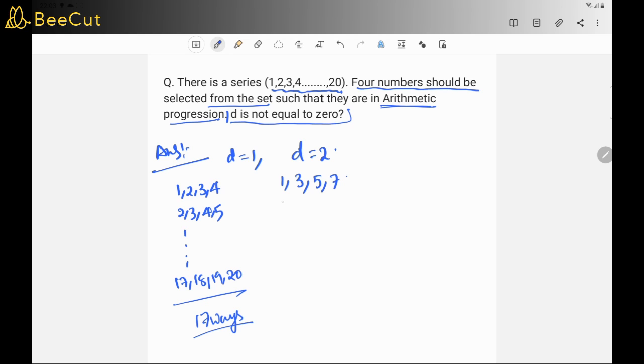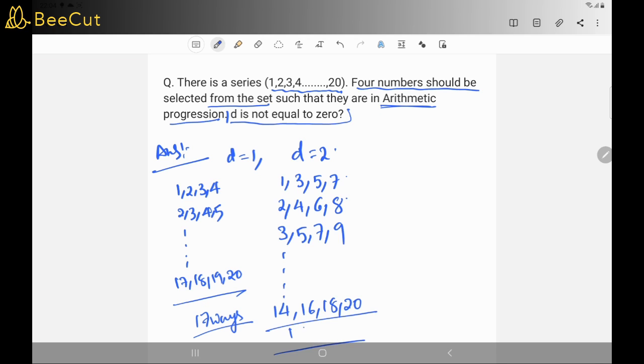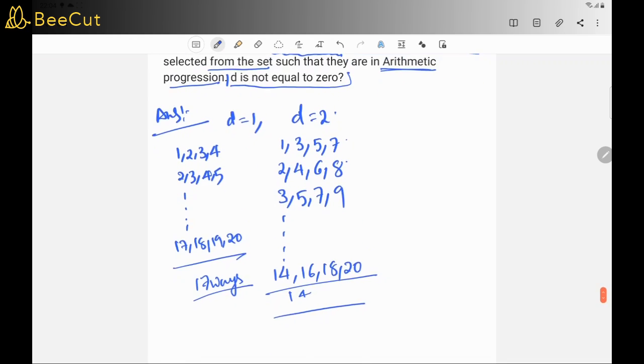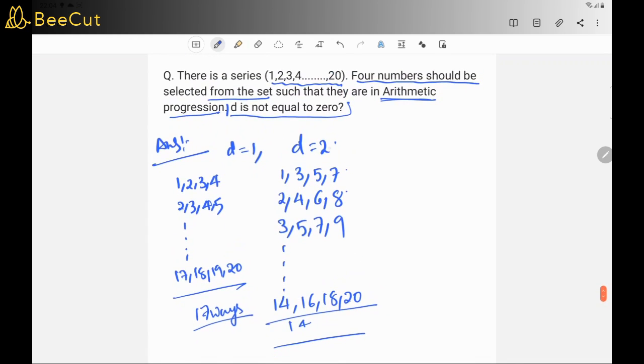So we can go on in this way: 2 followed by 4 followed by 6 followed by 8, 3 followed by 5 followed by 7 followed by 9, similarly 14 followed by 16 followed by 18 followed by 20. So we'll have 14 such combinations, 14 such sets of numbers that are in arithmetic progression,